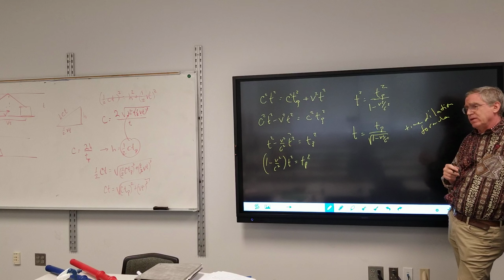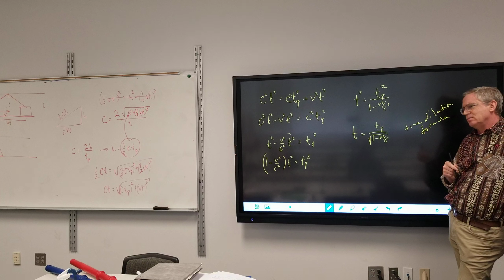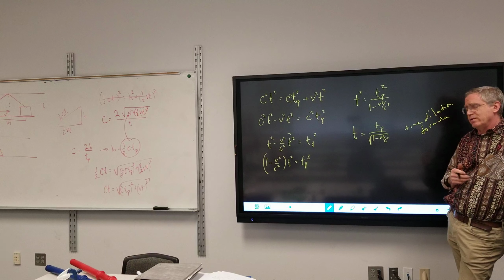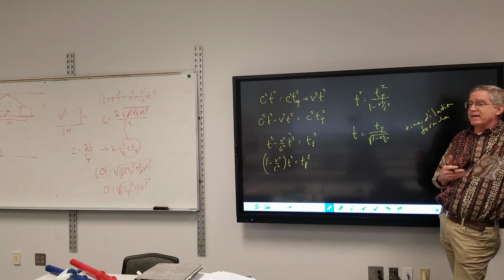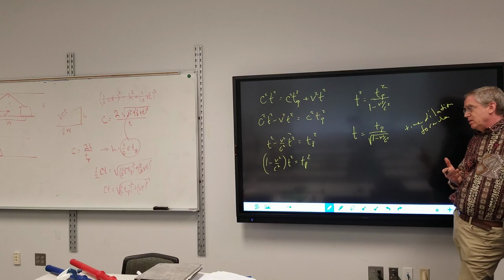Now, someone else looked at this and said it also would mean that something that starts out faster than the speed of light can never go slower than the speed of light. Now, how do you actually find those particles? Well, there's a theoretical particle called the tachyon. If tachyons exist, then